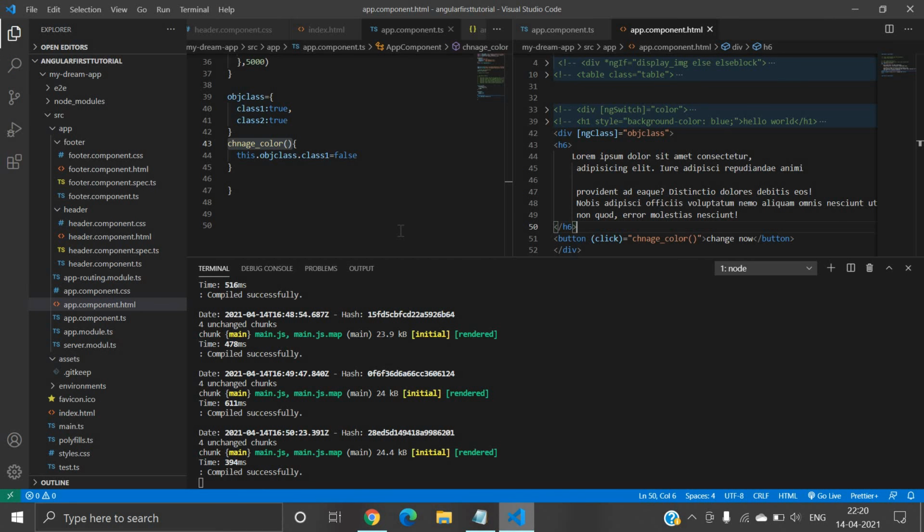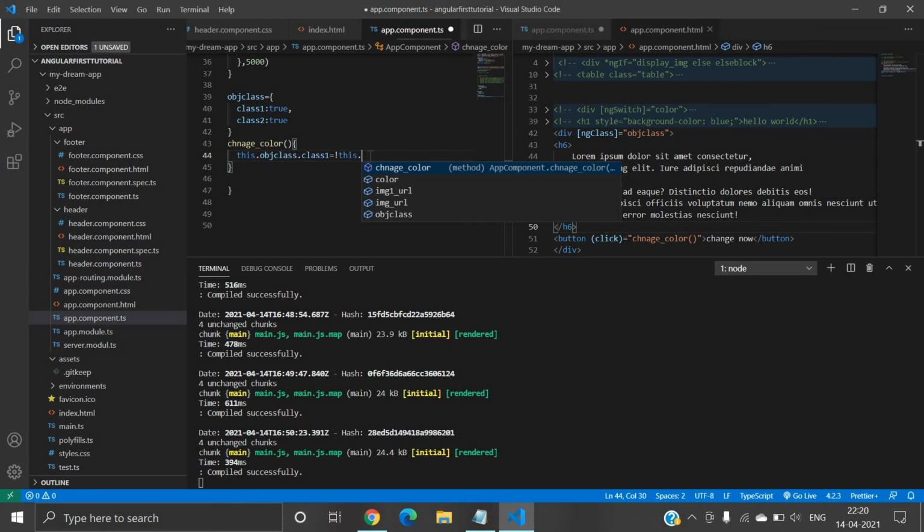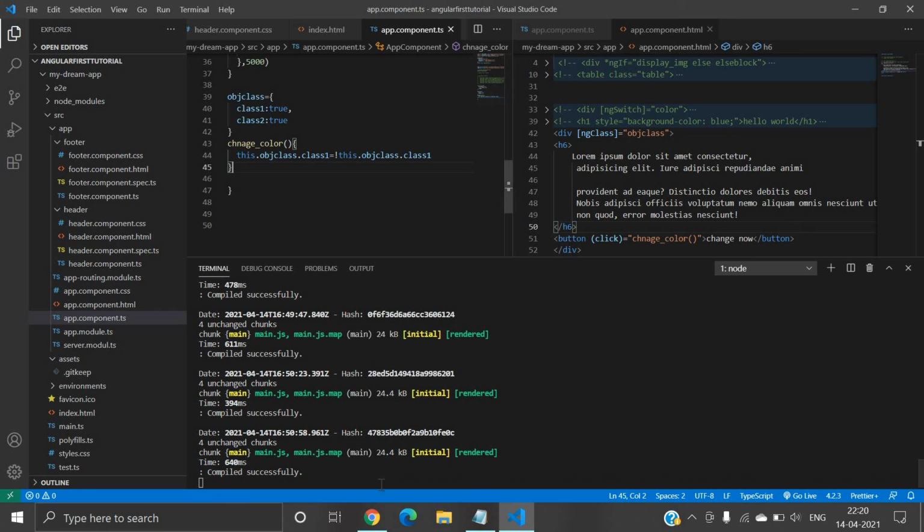If you want to use toggle functionality, let's say you want to use the negation operator: this.objectClass.class1 equals not this.objectClass.class1. I will save this file. Now again let's move on. I want to use a Bootstrap class, let's say btn btn-primary.